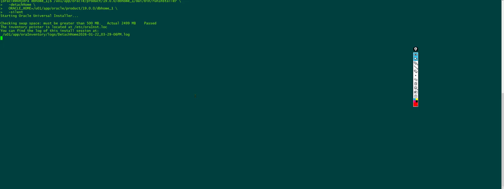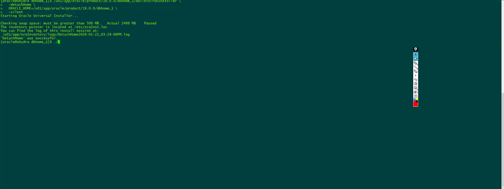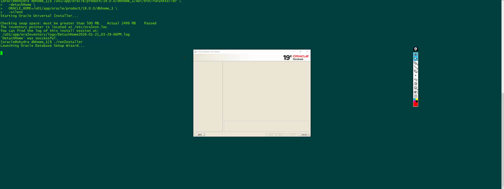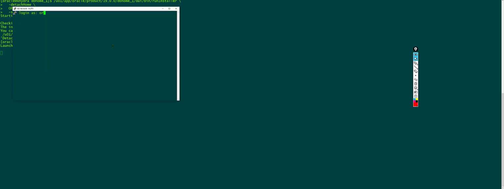We should not be directly removing the entry from the inventory.xml file. This is the correct way of removing the Oracle Home entry from the central inventory. Now I'm again executing the runInstaller. Now click on setup software. Now it is successful. Also, if you go and check the central inventory,